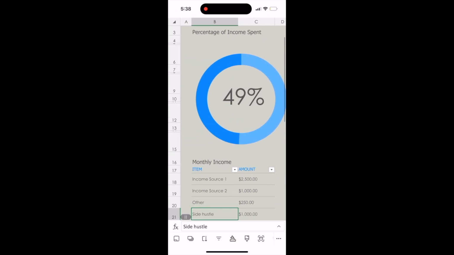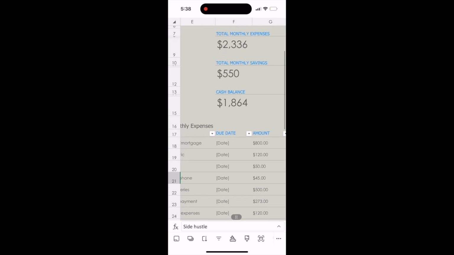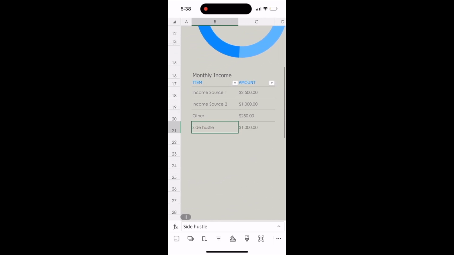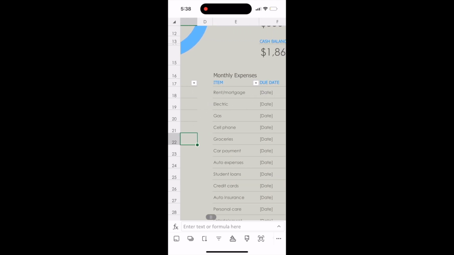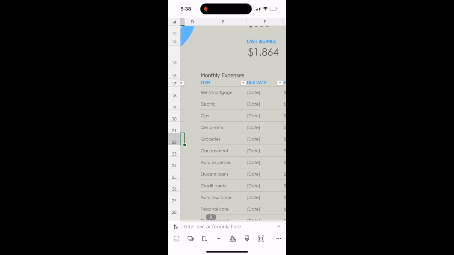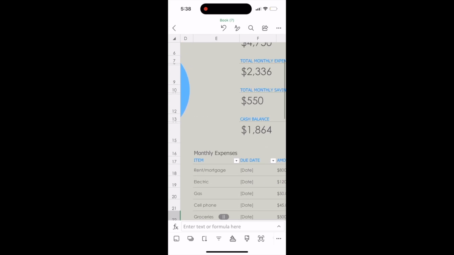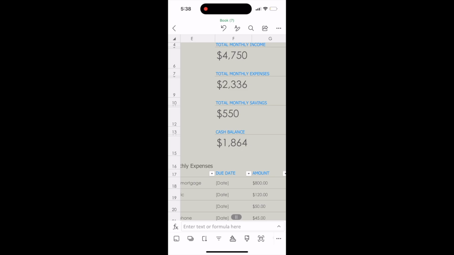So it automatically populates. You don't have to do anything special to make that happen. You simply go in here and you input the data, and that's it. So that's definitely a pro. All right, and the same is true for expenses. So you can see right now our expenses is $2,